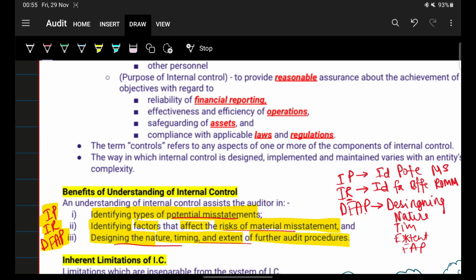And lastly, after finding out how many mistakes there are and how material they are, you'll also change the nature, timing, and extent of your further audit procedures. Okay,